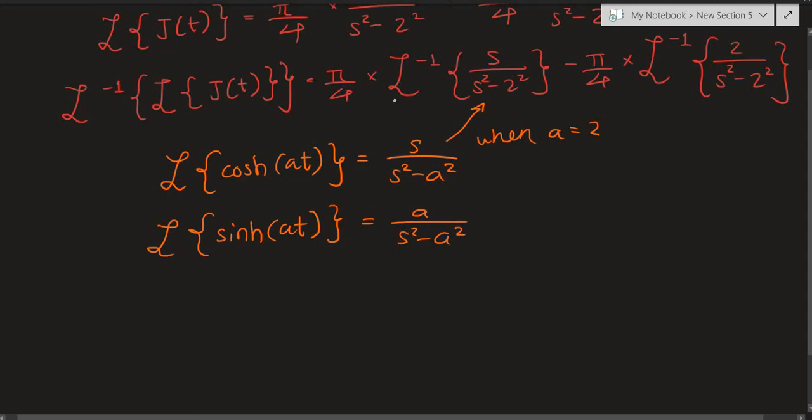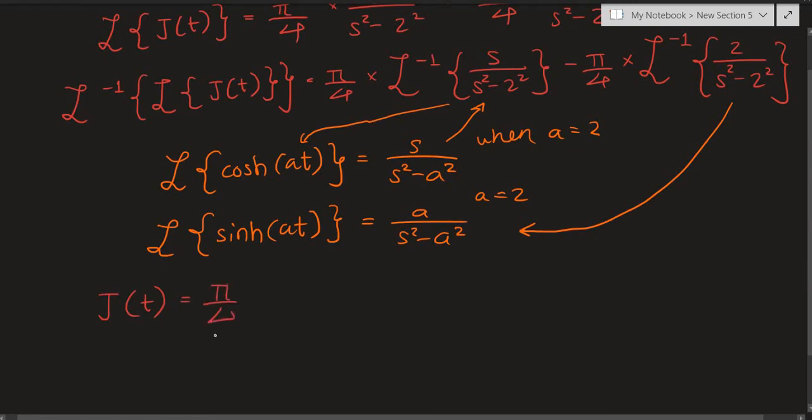So this term is essentially this. Same thing goes for this. When we plug in a equals 2, you have 2 over s squared minus 2 squared, which is exactly that. So the inverse Laplace of this is just the sinh of 2t, and over here we have cosh of 2t. And like I suggested before, the inverse Laplace transform of the Laplace transform of j of t is just j of t itself,